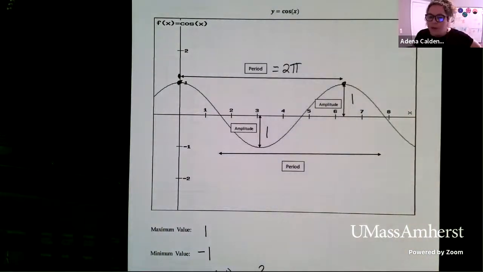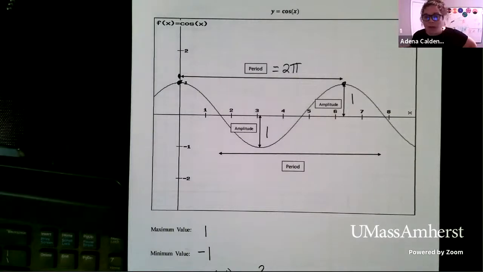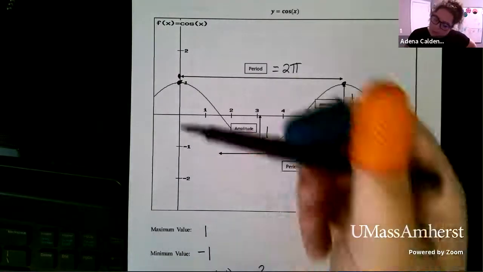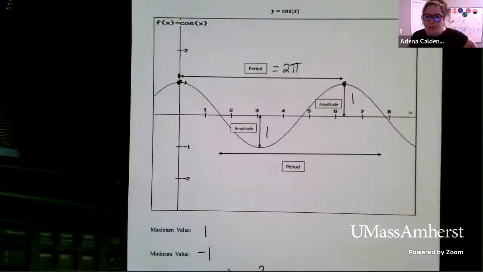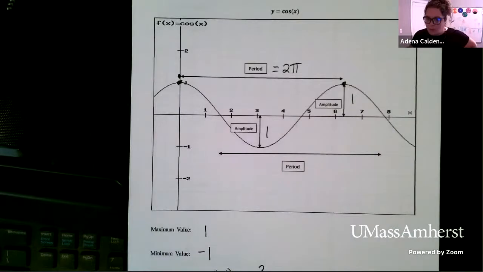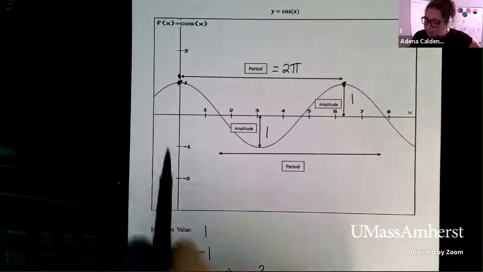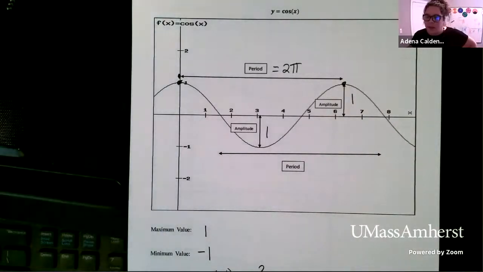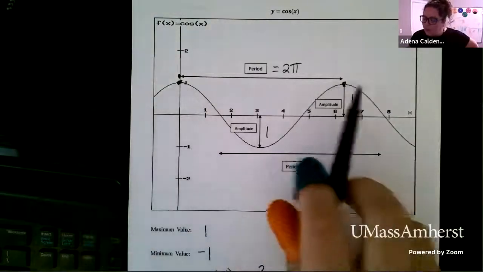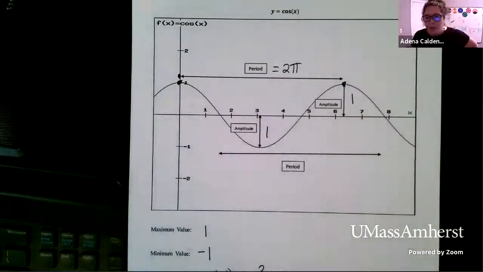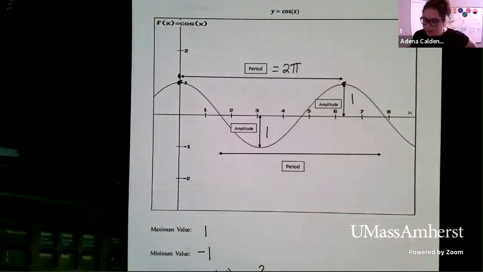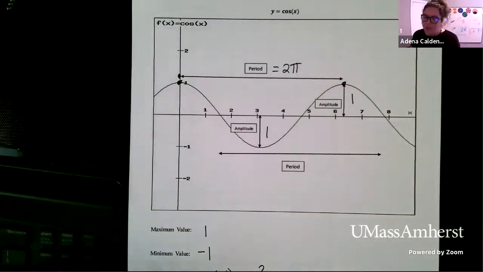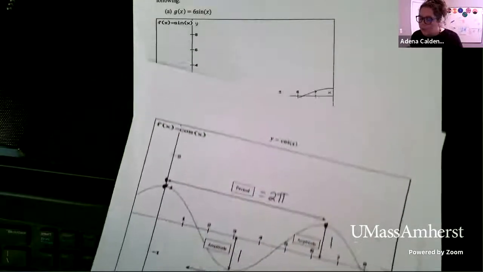So when you're looking at a function and you are trying to figure out, is it sine or is it cosine, right? If you look at what's happening at the origin, if your function starts at a maximum, you have cosine. If it starts at the midline, it's sine, right? Later on, we'll talk about what happens if it's rotated and things like that. But this is one characteristic that you sort of want to file away for later, okay? So cosine, just like sine, has an amplitude of 1 and a period of 2 pi, okay?